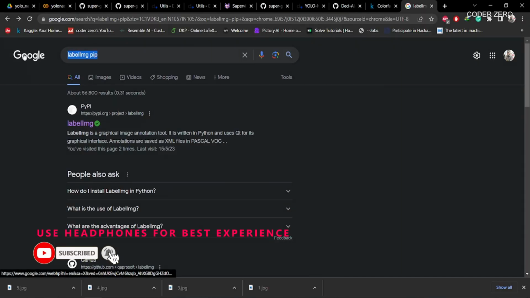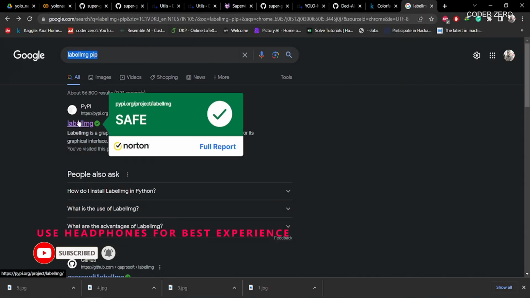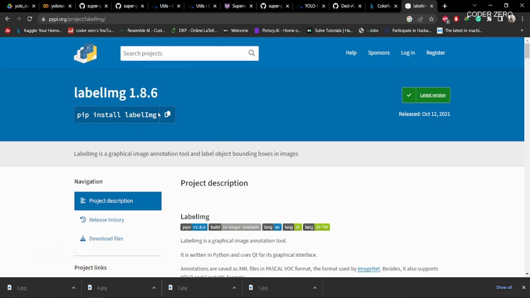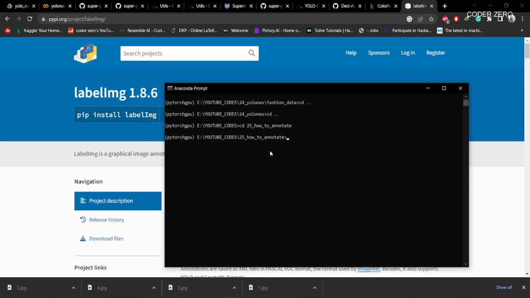Then go to Google and type YOLOv10 pip and then click on this link. So it will show this website, and copy this command, this pip install YOLOv10. Then go to your terminal and create a new environment for your project. So conda create a new environment, data annotation,